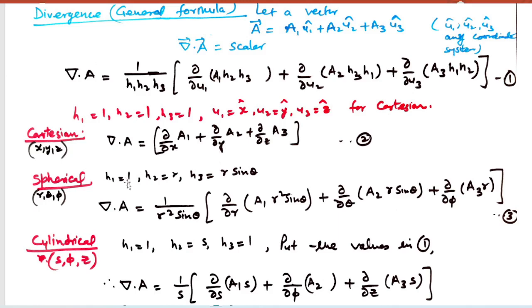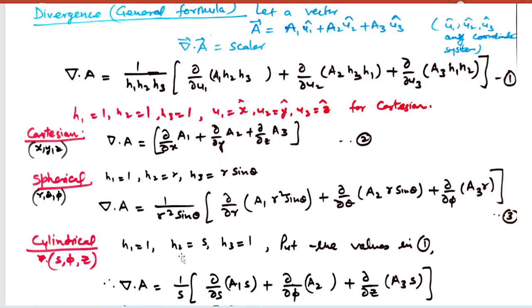But for the spherical case, h1, h2, h3 and the cylindrical case, these values are different, so we will have a little bit different formula. So del dot A in spherical coordinate system will be 1 upon h1 h2 h3, that is 1 upon 1 into r into r sin theta, 1 upon r square sin theta, del by del r of A1 h2 h3, that is r into r sin theta, that is r square sin theta, plus del by del theta of A2 h3 h1, that is r sin theta into 1, plus del by del phi of A3 into h1 h2, that is 1 into